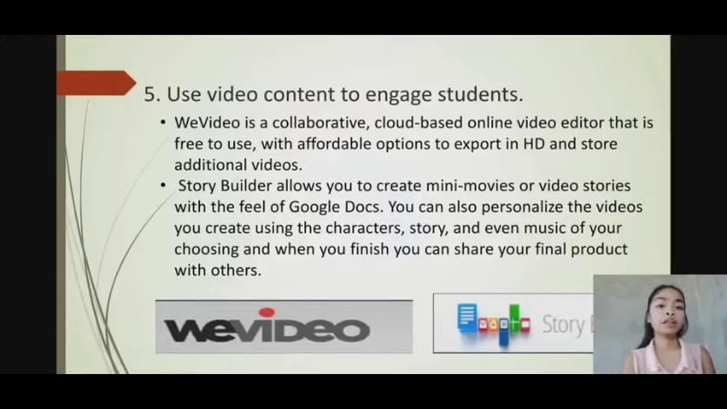So there are two platforms in making video content, which are WeVideo and Story Builder. WeVideo is a collaborative, cloud-based online video editor that is free to use with affordable options to export in HD and store additional videos. On the other hand, Story Builder allows you to create mini-movies or video stories with the